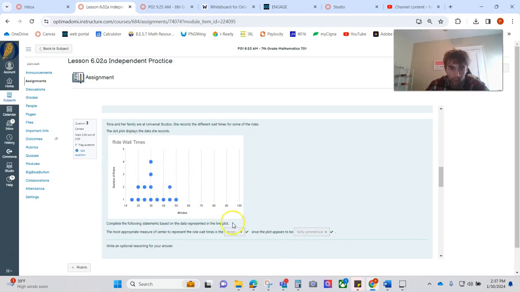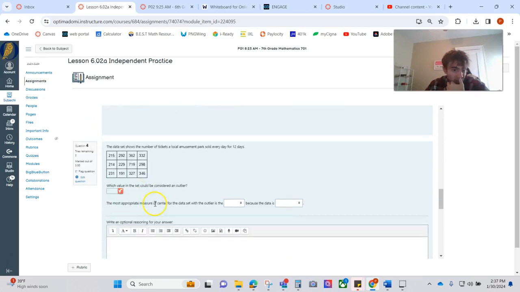If it is symmetrical, then we use mean. Question 4. The data set shows the number of tickets sold at a local amusement park for 12 days. Which value in the set is considered an outlier? Let's see, 200, 200, 200, 200, 200, 100, but it's almost 200. 300, mid 300s, 300s, almost 300, 300, 300, 700. That's my outlier. Definitely, the most appropriate measure of center would be, because the data is